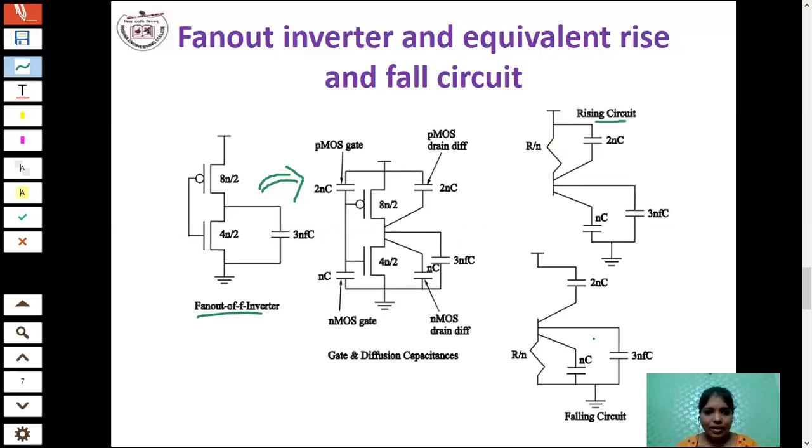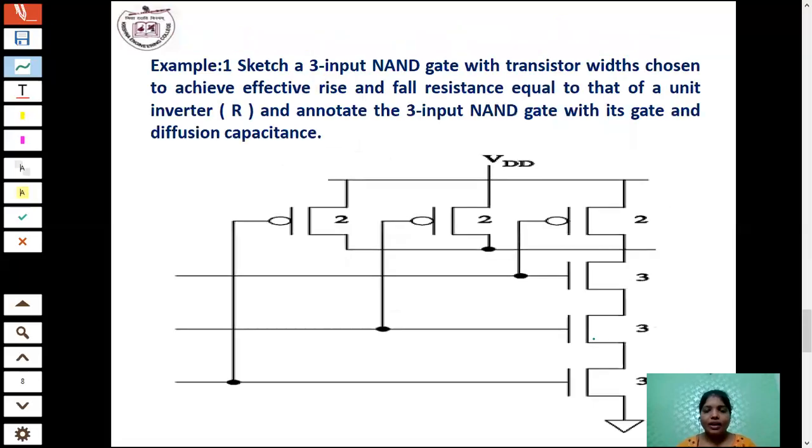So in this way only we are going to draw the fan out inverter and equivalent rise and fall circuit. It is very simple thing only. Here I have given one example, that is a 3 input NAND gate. So first you have to draw the 3 input NAND gate with the transistors width chosen to achieve the,